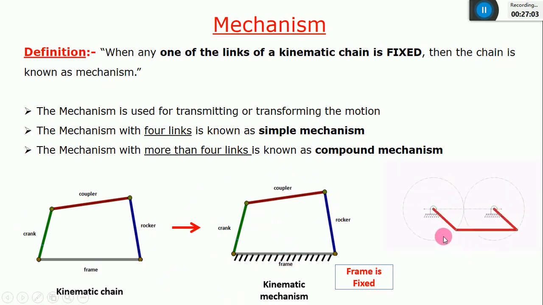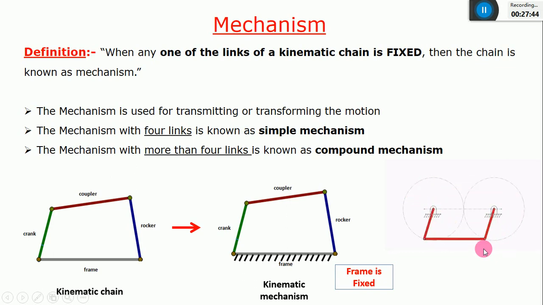You can see a 4-bar chain. You can see link 1 is fixed at this point, correct? And link 3 is also fixed at a certain point. And only then can you transfer the force or the motion from one link to another link. So there are 3 moving links. This is also crank, this is also coupler, this is also crank, since it is rotating. 3 moving links and one is fixed. So this also fixed, this also fixed. So combinedly, the fixed link is considered as only one link. They are not separate links. They are fixed to a certain frame. There is a certain platform. For example, in your house there are 4 fans.